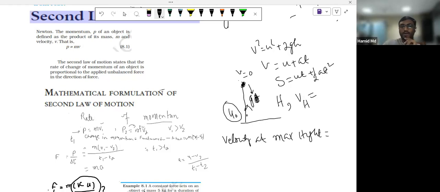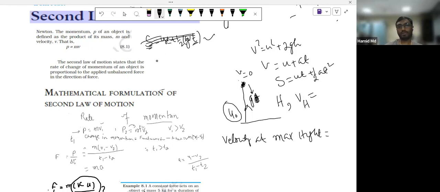How do you proceed? Did you try this? We'll use the equation S equals UT plus half of AT square, or minus half of GT square, since it is being thrown up. So this is U naught T. We are not aware of time, right? Yes, sir. If we are not aware of time, we may use the first relation. According to that relation,